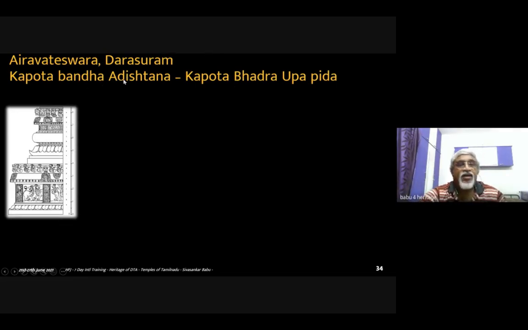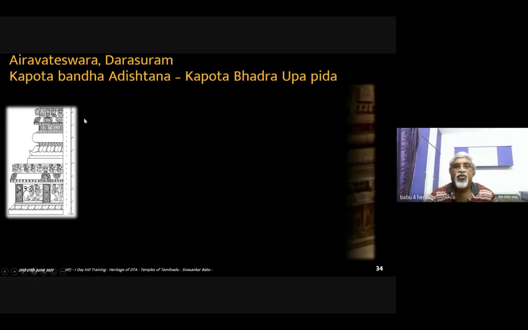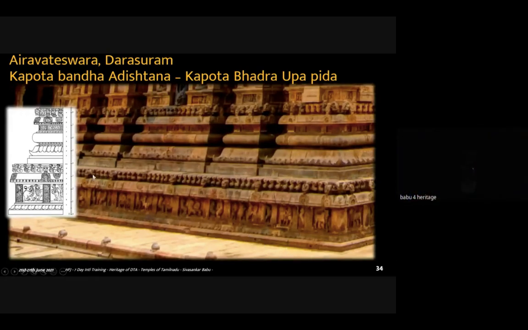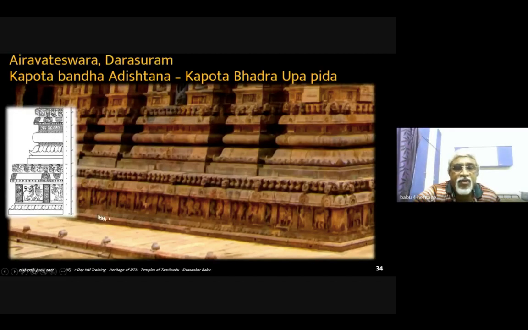The Adhisthana is with the base, and there is a beautiful Padma, and then there is a Kapota, which is a new member. Instead of a flat structure, you have a Kapota. You can see this, how beautiful it is. We have the Kapota Bhadra Upapidam, which is like the same structure. We have a Kapodam here, and we have the Prativari, and we have Gantam and Kantapatam. So this is the structure for Upapida.